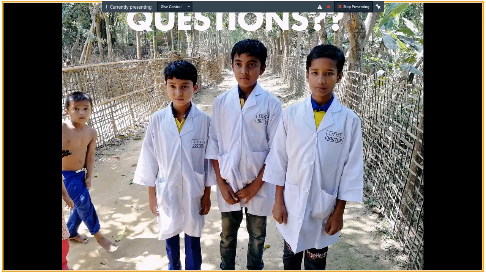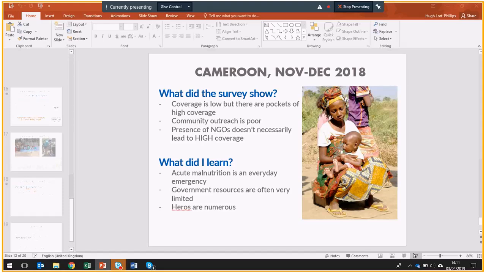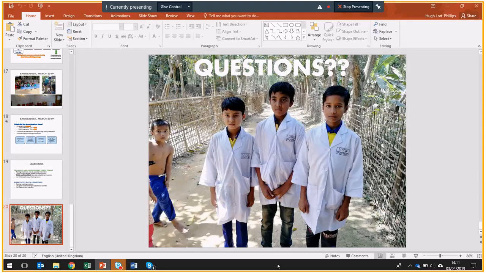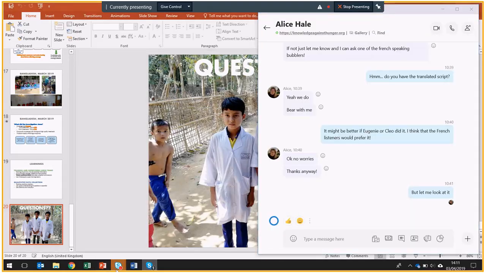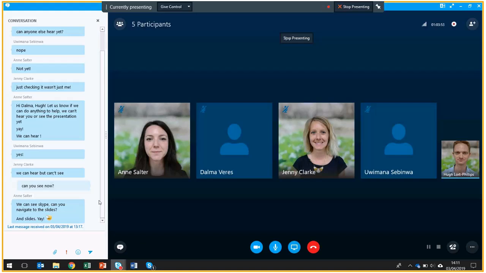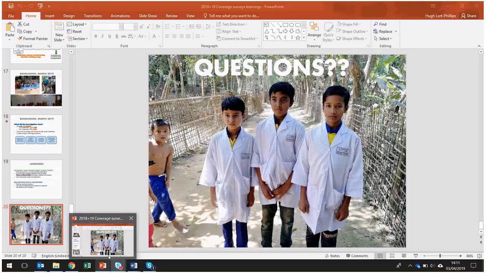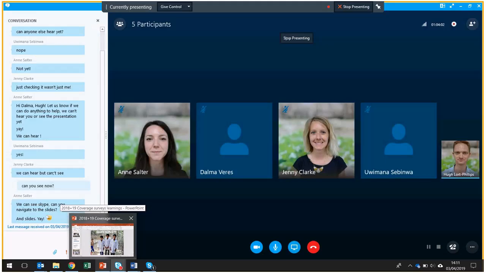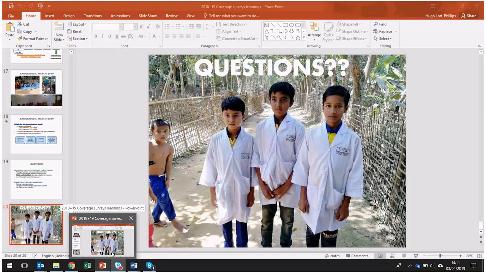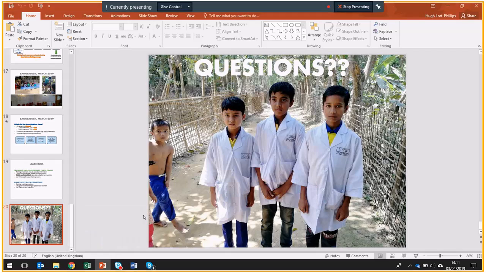Clarification, please. In the spirit of Learning Week, this is obviously the first time you've done a coverage survey at basically national level. My question is: is there anything you would do differently next time with your sampling strategy, or how you approached it, that you've learned and could share? Do you know what? I think I did a great job on this one.